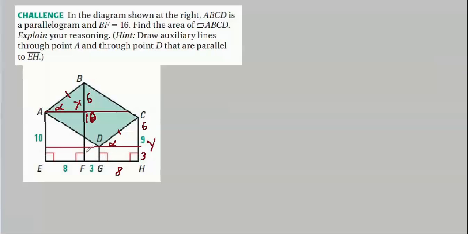Why do we care? Well, here comes the part that's really strange. In order to get this, now that we've filled in enough of our dimensions, what we're going to do is take this part here, AB, FE, and treat that as a trapezoid.